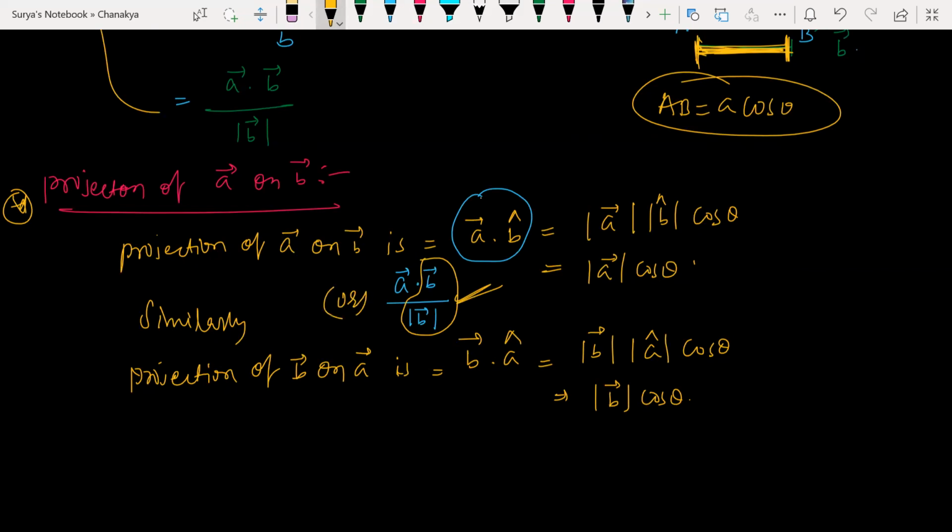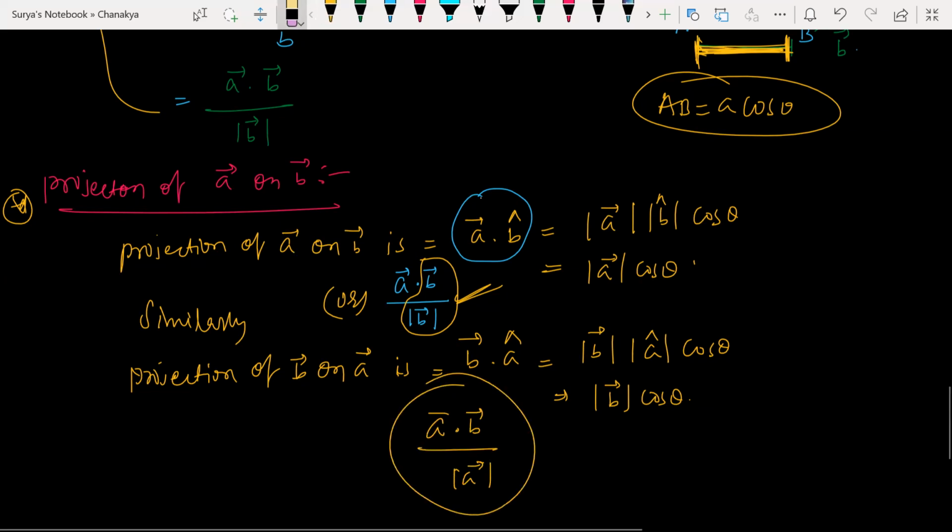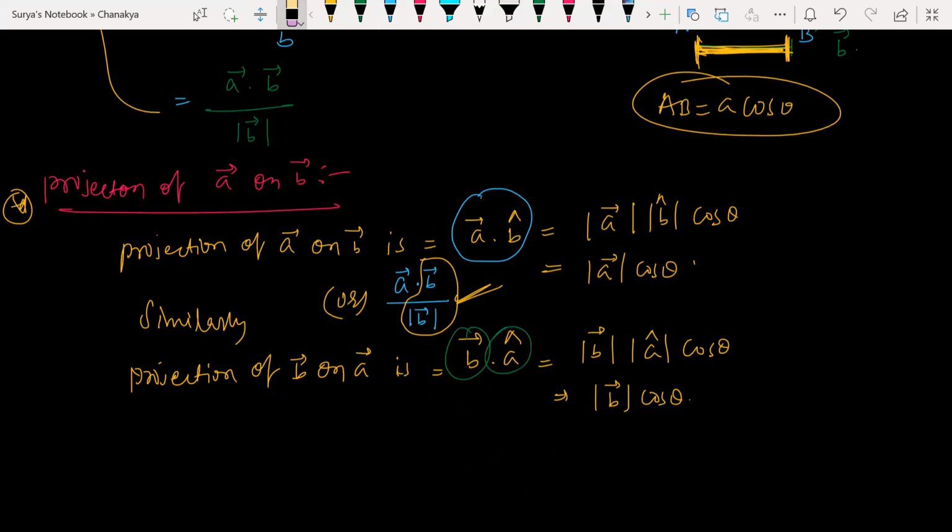Yes or no, people? And here also same. Look at this here. B and A upon magnitude of A. So this together gives you A cap. Clear? And guys, look at this here. Still you have A dot B only, upon magnitude of A. This is also a correct way of writing. Whatever vector you project on comes in the denominator. Okay? Clear? Yes, sir. Hope it is clear.